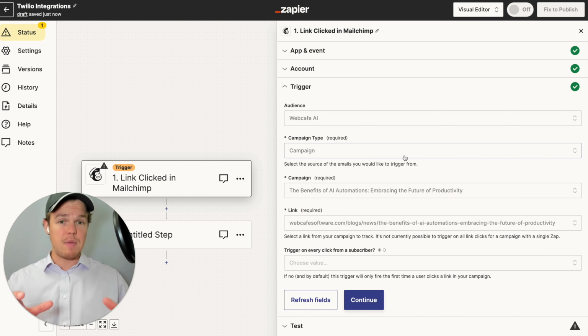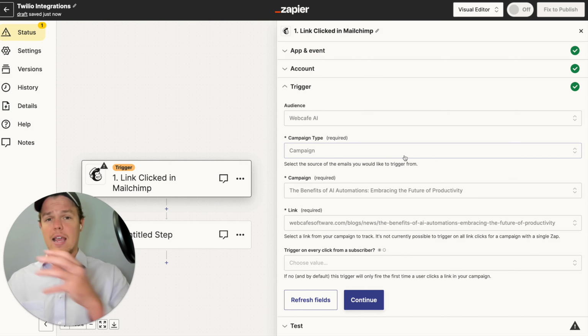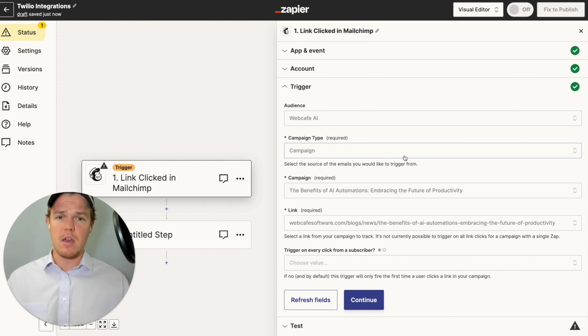Now, this campaign came from another tutorial found on the channel, so you can go ahead and check that out. It's right up there. Essentially, we showed how to create an AI article all the way to an AI email, and then essentially send that out automatically. But for this tutorial, we're going to go ahead and grab the specific action that was incurred during that pseudo